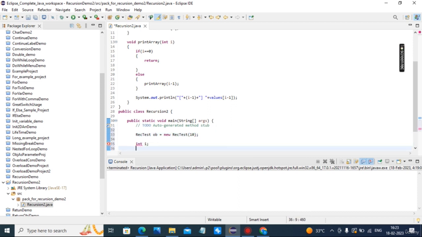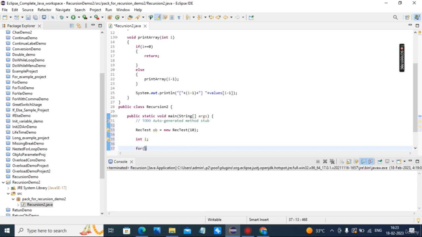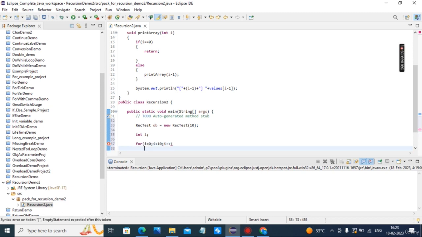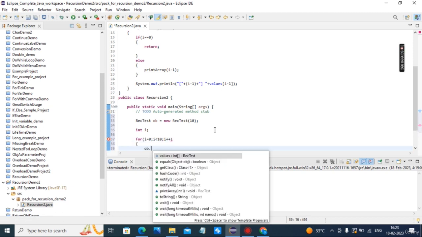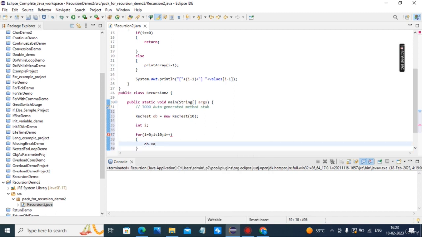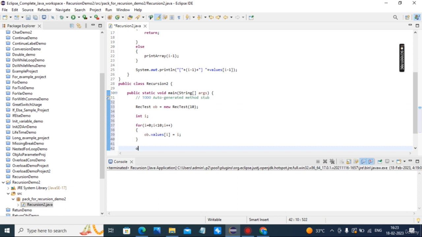Then for int i is equal to 0, i less than 10, i plus plus, ob dot values of i is equal to i, and ob dot print array for 10.